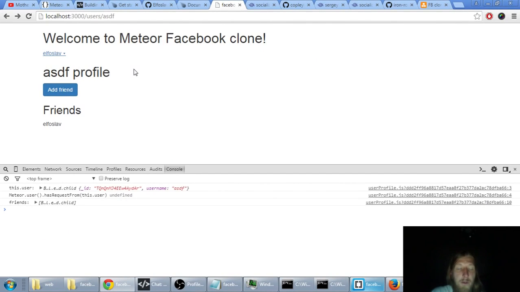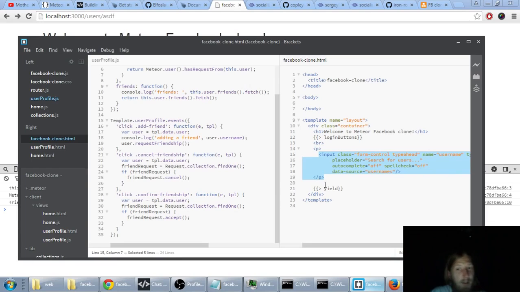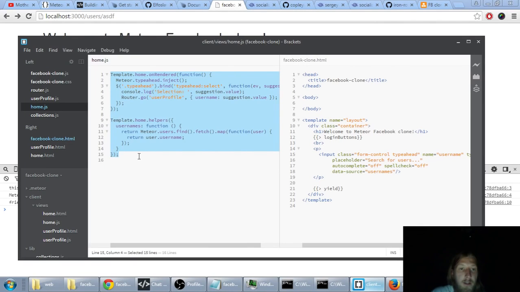So we can search for users also in user profile. And to move this functionality from home.js, maybe I will just